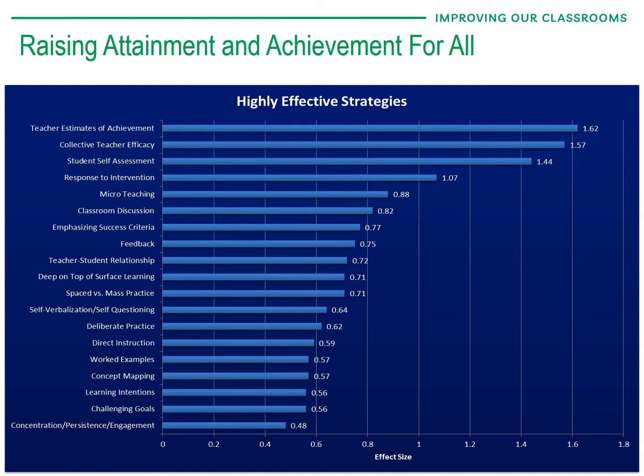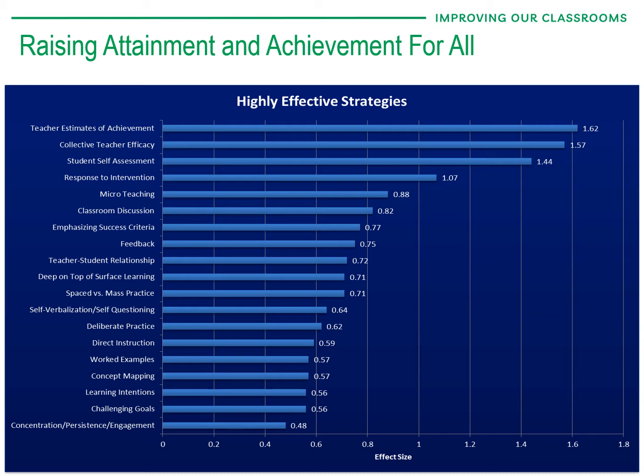That's also about then setting realistic goals for children. It's about sharing those goals. It's about children knowing what success looks like, and Hattie talks about that. And you know that that happens when we share effective learning intentions and success criteria. And although learning intentions features further down, 0.56, so still providing a good return,